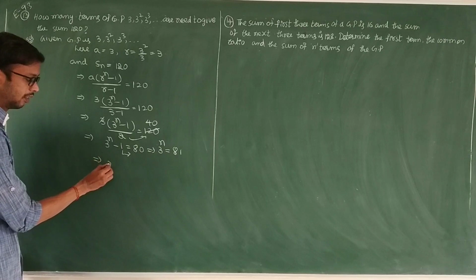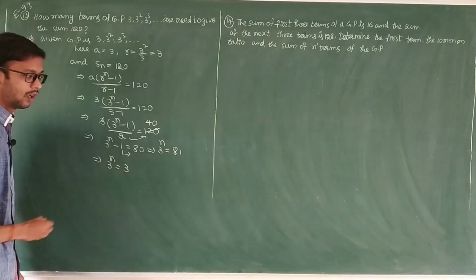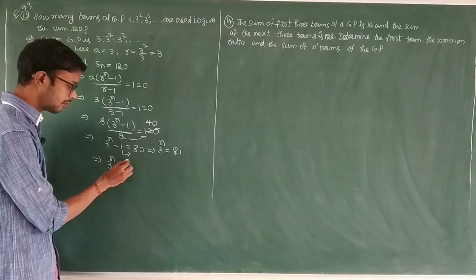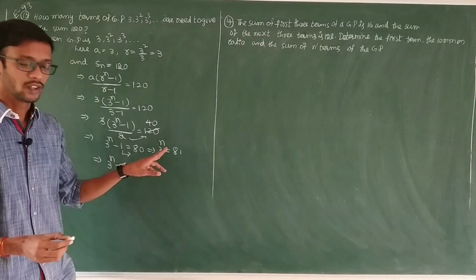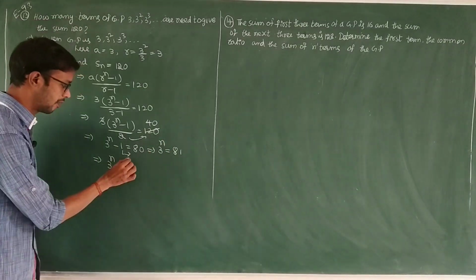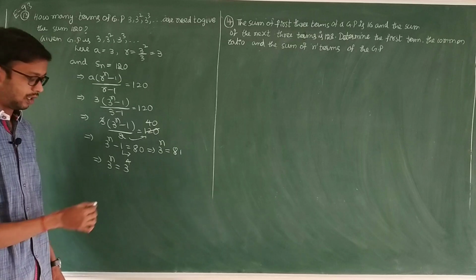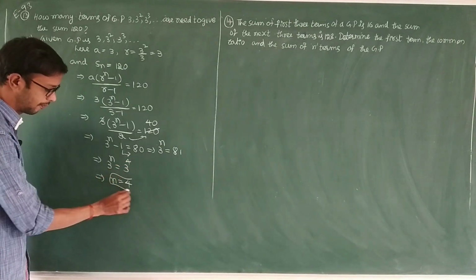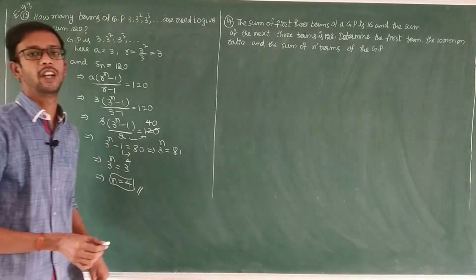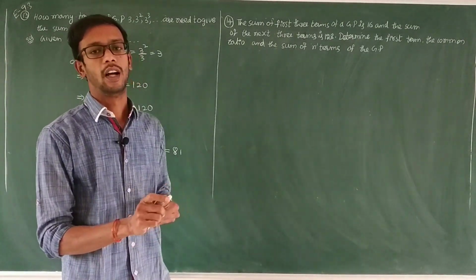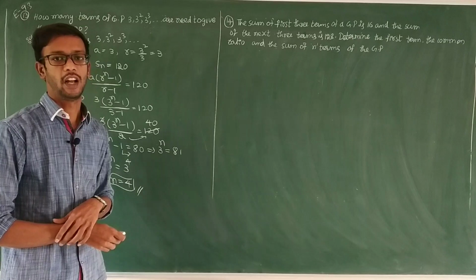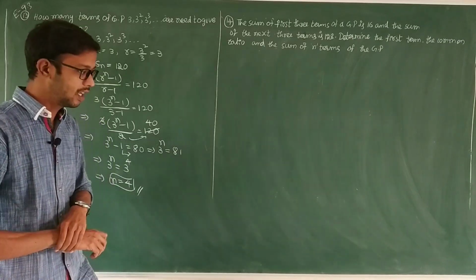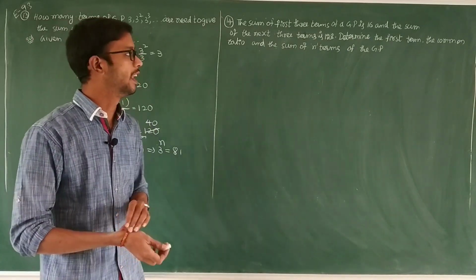That implies 3 power n is equal to 3 power 4. 3 square is 9. So 3 power 4 is 81. That implies n is equal to 4. So 4 terms we need to get the sum 120. How many number of terms we need? Here 4 terms we need. Next,